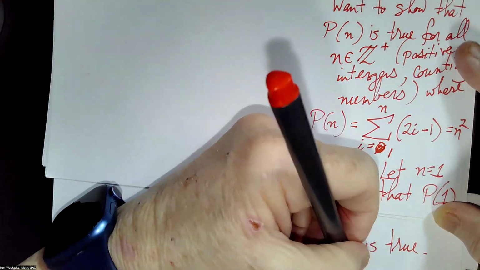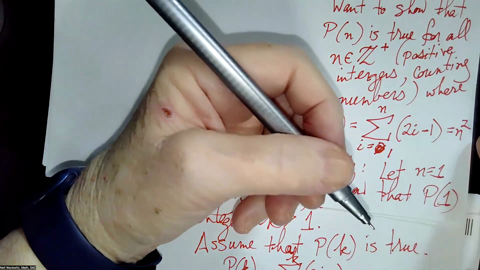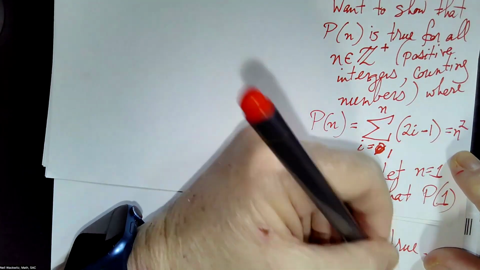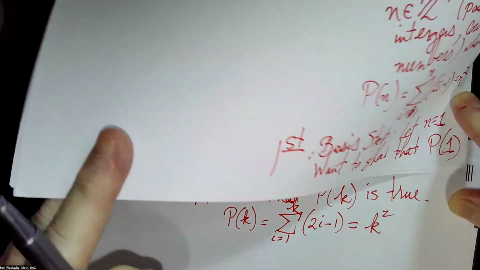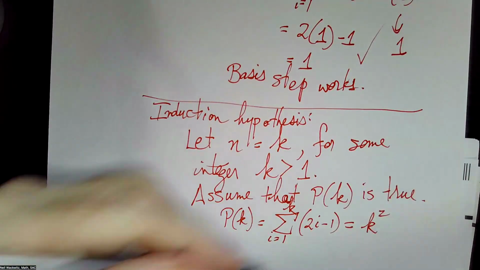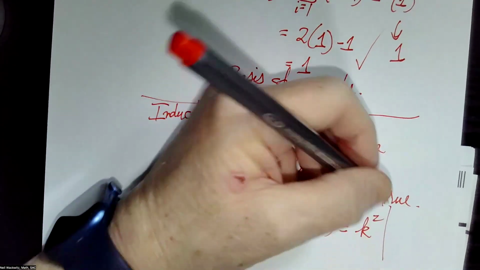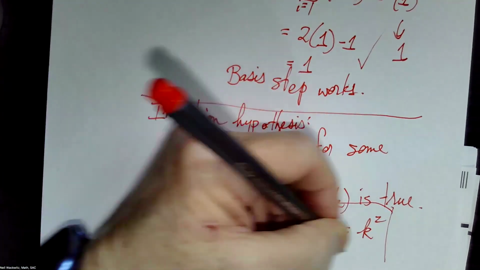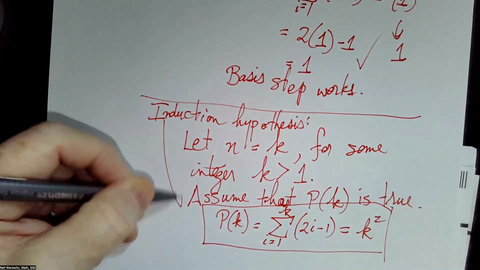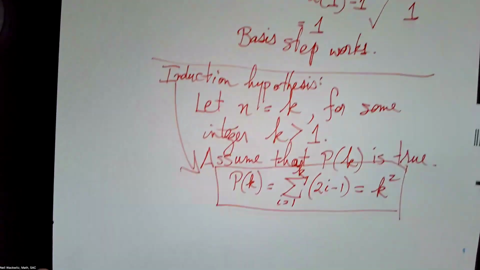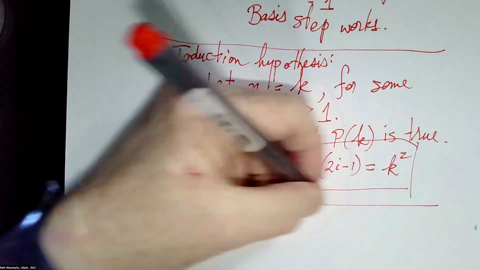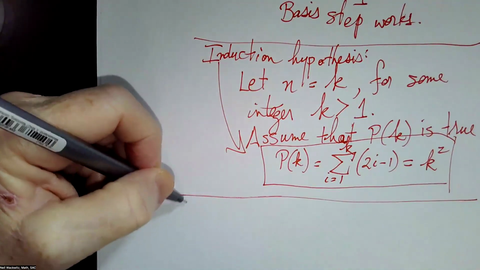And we're assuming that this does in fact equal k squared. So this statement is our induction hypothesis. We assume that this step is true, and then we want to show the induction step